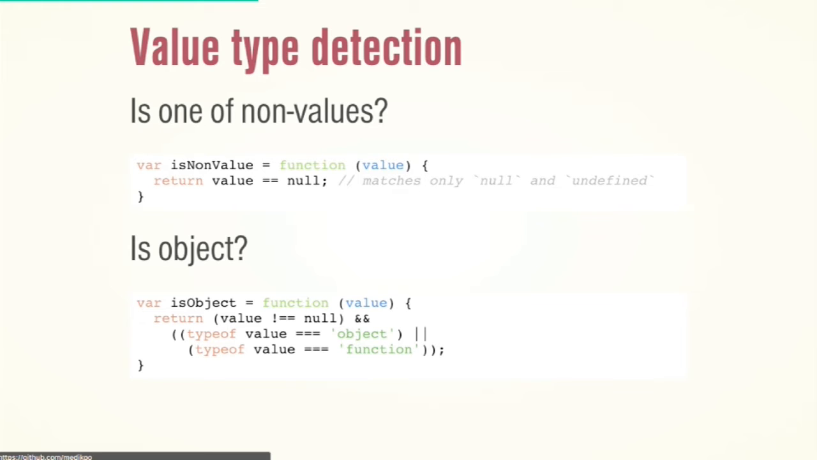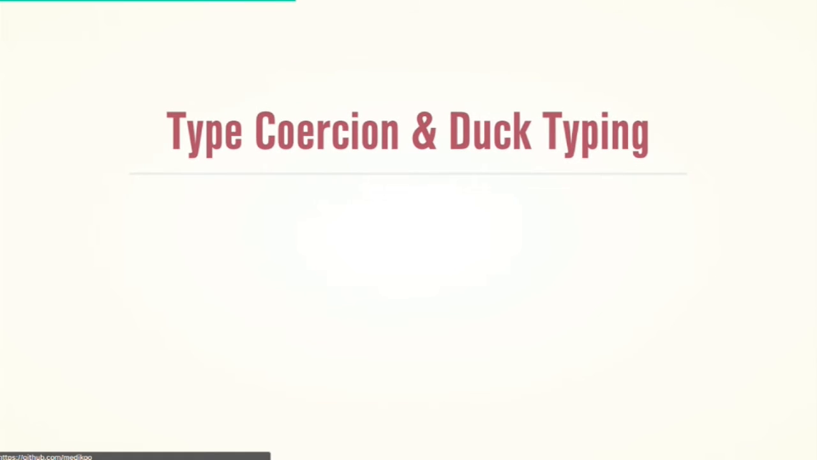Now about the second group I mentioned, usually there are no use cases to check whether something is a primitive value, because in most cases we are either interested whether something is not a value, is not nullish, or if it's an object. That's the usual cases in the language. So we don't deal with, I don't know, is primitive value. That's not needed really. Okay, so now I'm going to go to type coercion and duck typing,